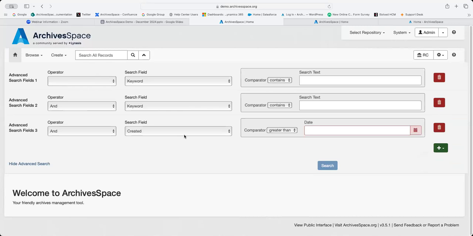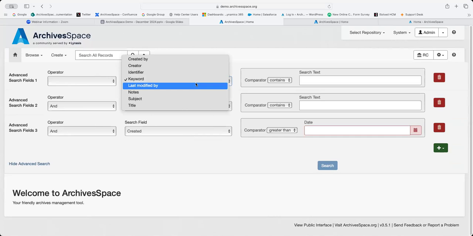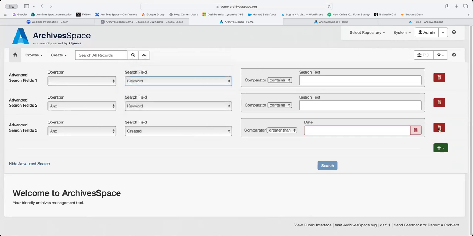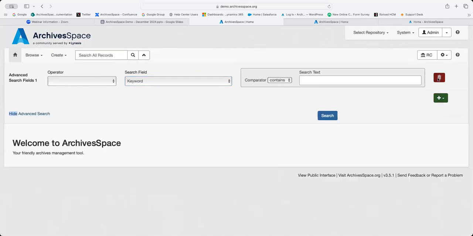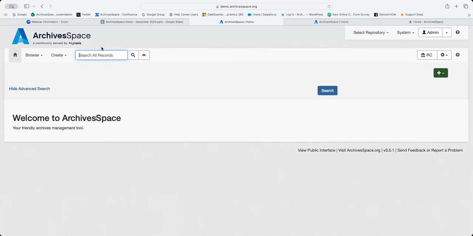You have the ability to link your searches together through the Boolean operators and, or, not, and "and" is the default if you don't indicate it. And then you can also search by date. So if you're looking to create a more granular search, you can do it that way. And then you can also indicate which search field you'd actually like to search instead of across the entire system. So you can create some more granular searches that way. I'll close this. But you can also use a basic keyword search.